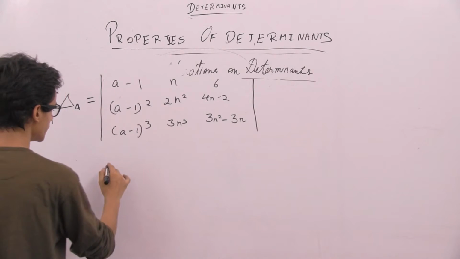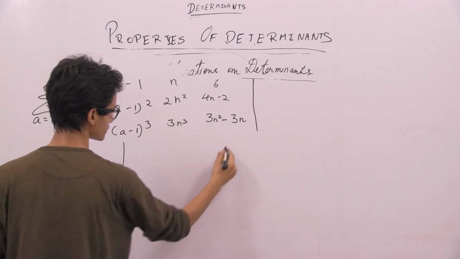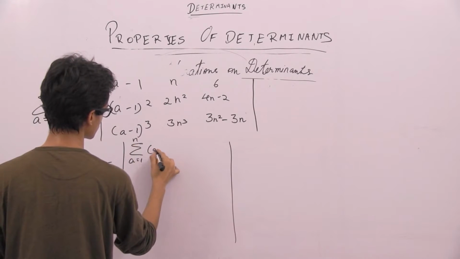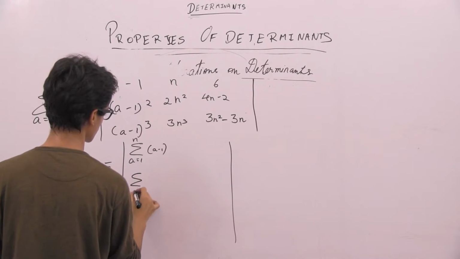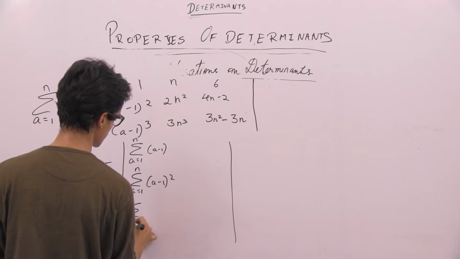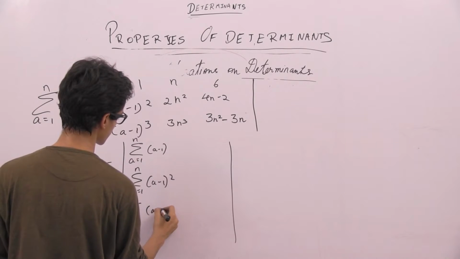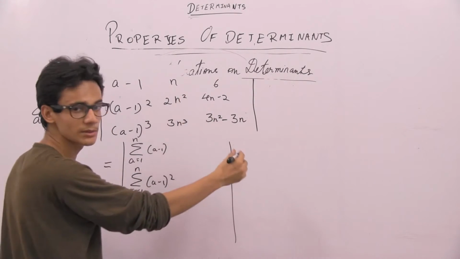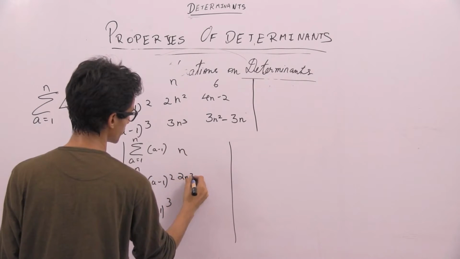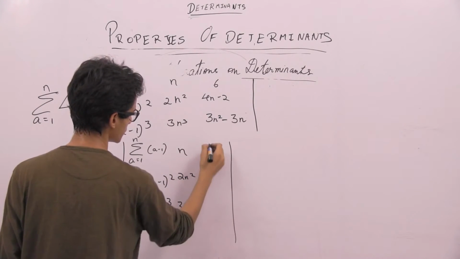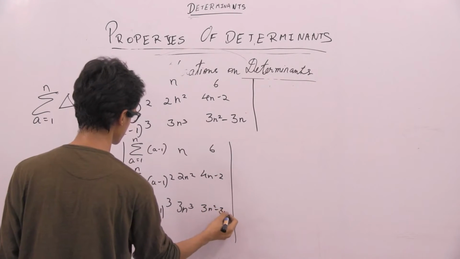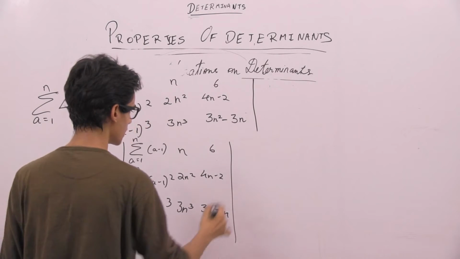Applying that, we can simply change this determinant to summation a varies from 1 to n, a minus 1, summation a varies from 1 to n, a minus 1 squared, summation a varies from 1 to n, a minus 1 cubed, and the constant terms which are independent of a remain as it is: n, 2n square, 3n cube, 6, 4n minus 2, 3n square minus 3n. Applying the summation formulas, we can get,